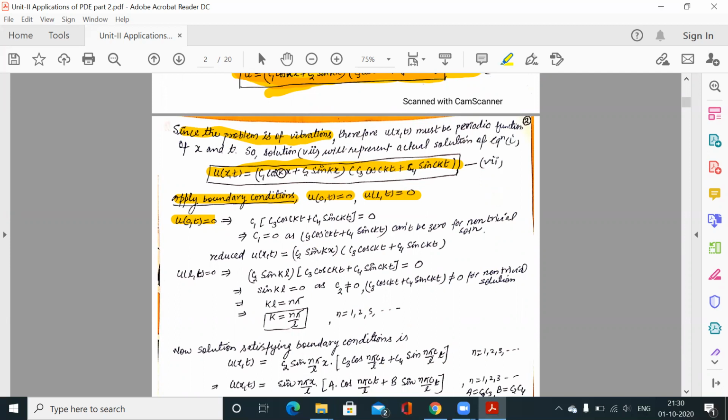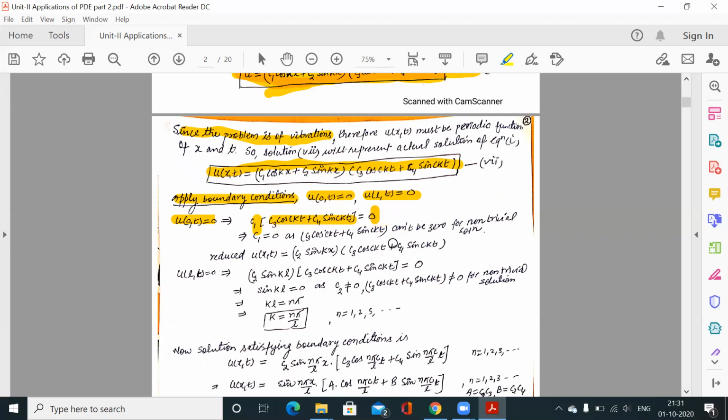C1 into 1, cos 0 is 1, so c1 plus 0, and this is a function of t, so this is in multiplication, so we'll keep this as it is because we are applying x as 0. So we will get c1 into the second function is equal to 0. Simply you have to apply x = 0 here. Clear? So u(0,t), which is 0, so I have written 0, and this is the t function, so it will not be changed when x is 0, only this will be changed. So when x is 0, this is 1 and this is 0, so only c1 is left. So c1 into the second factor is equal to 0.